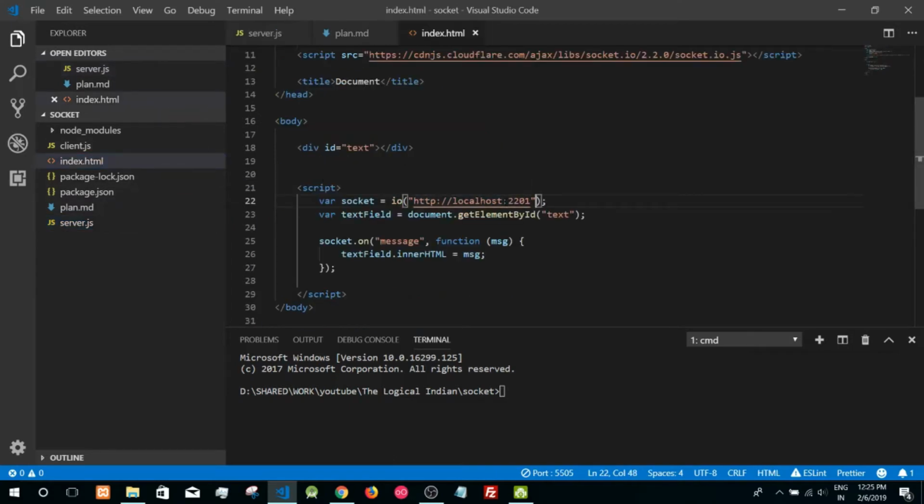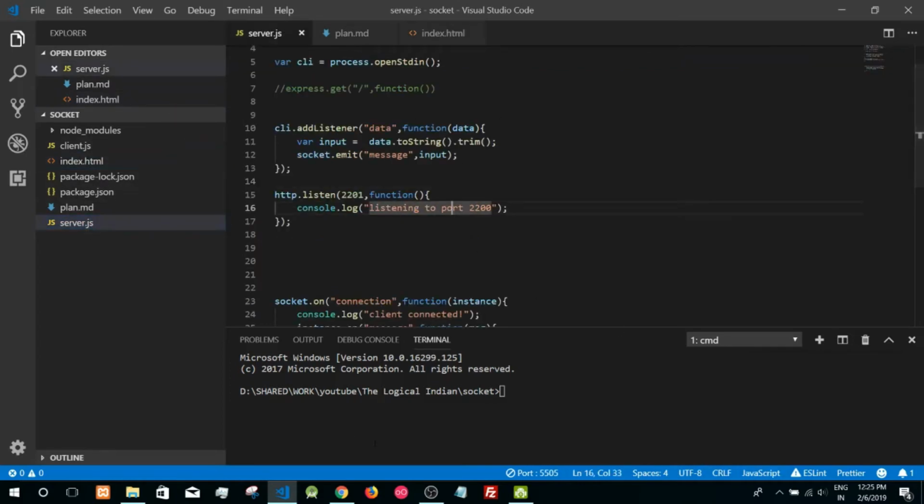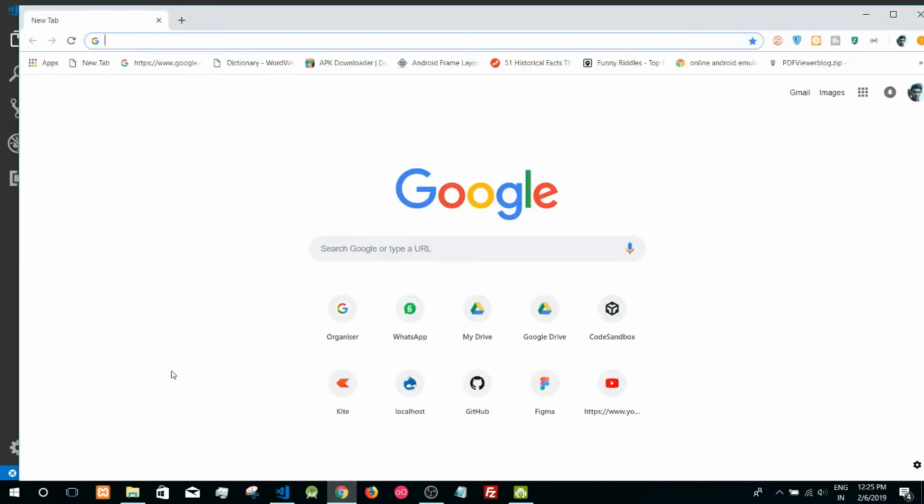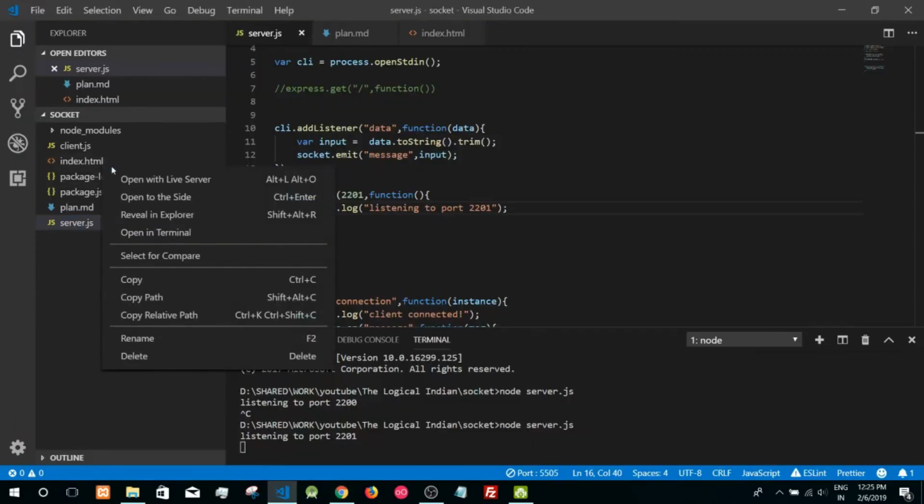Okay, so on the server first, node server.js, listening to port. Oh, that's because I wrote 2201 here. Everything's working, or maybe I'll just restart. Okay, port 2201. Now if I open this in the browser,